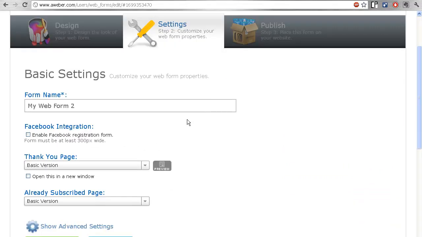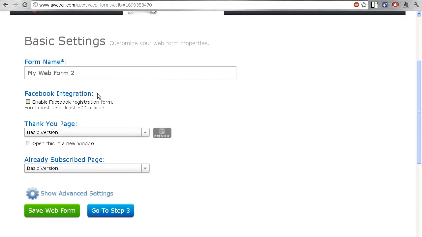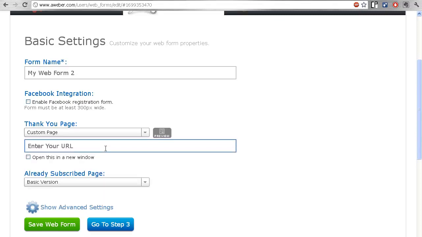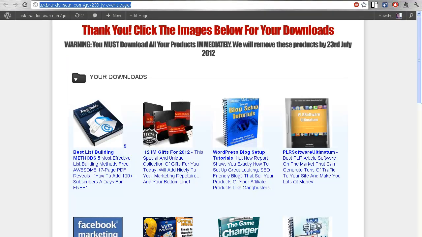Once you're on step 2, very important here for the redirect to work: your thank you page should be your gift page. So you enter the gift page URL, which in this case is going to be my